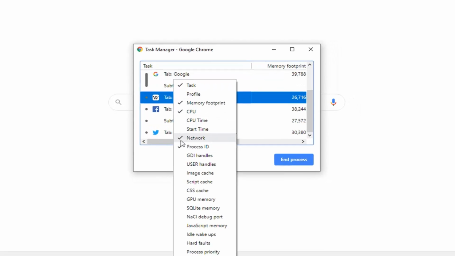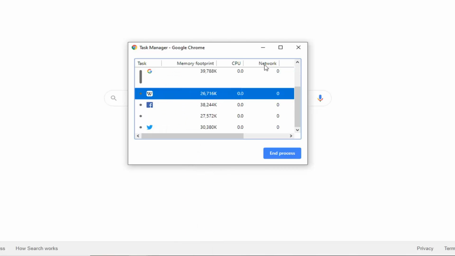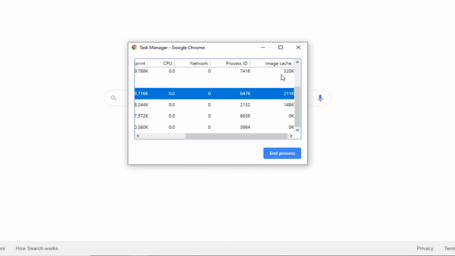You can see we have several different options of stuff we want to display, ranging from CPU to CPU time, start time, GPU memory, and all of that other good stuff. So you have different options to choose from. If you want to display additional columns in here, just select that and you will see that option appear. You can see that image cache, which we enabled, is now a new column